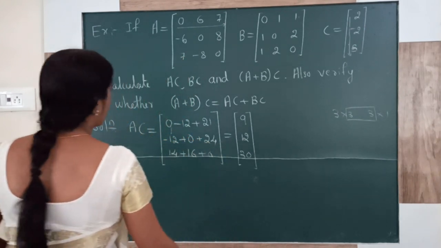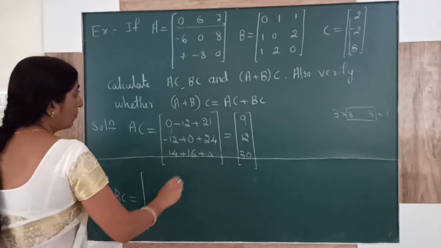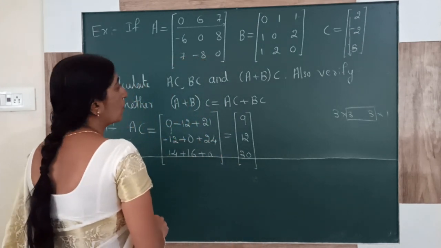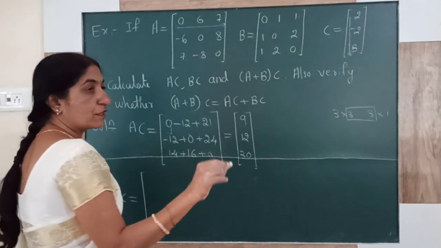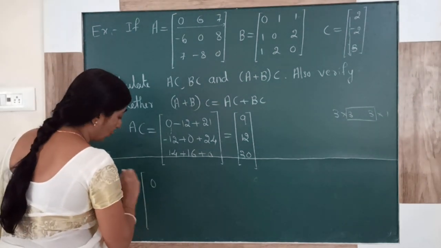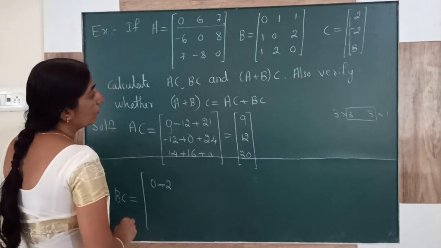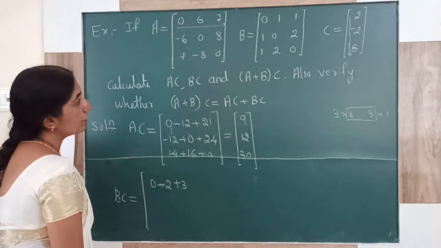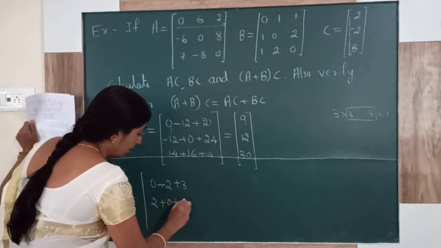After that, what we are doing? We are moving to BC. Here also on the top, we have B and C on the adjacent sides only. Just as we did in the previous, go on multiplying the first row with first column. In that, corresponding elements. First element into first element. 0 into 2, 0. Plus 1 into minus 2 will be minus 2. Then 1 into 3. Next one is what? Second row with first column. 2. Then 0. Then 6.